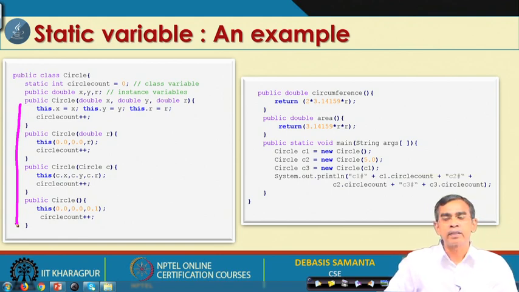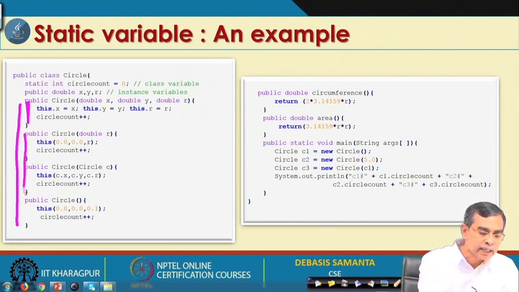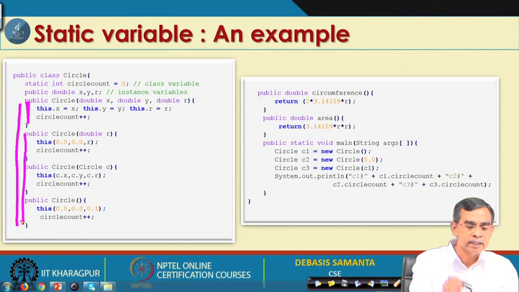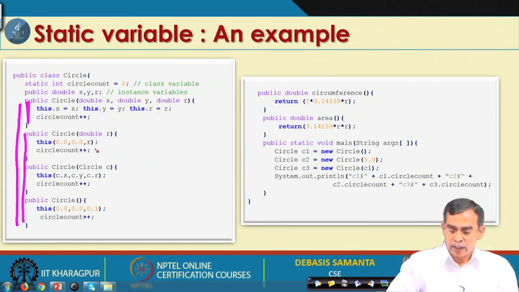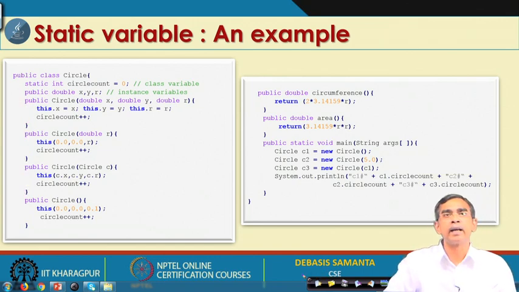There are many ways to call a constructor using this. So, this is the one constructor which is defined explicitly, and these are the constructors which are defined using this, meaning they call the superclass constructor, or this constructor with other parameters. Those are the concepts that we have already learned. So, this basically completes the declaration of the class Circle.